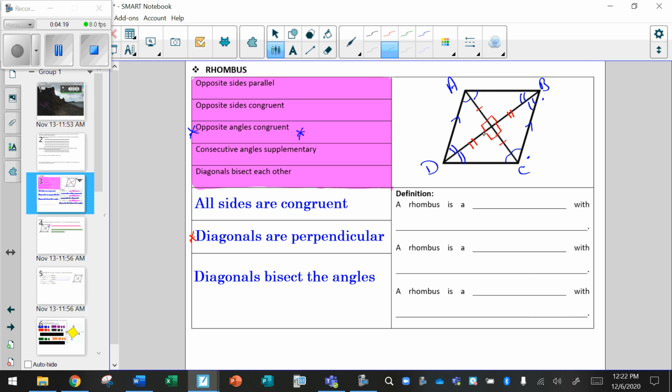And since it's a rhombus, we know all 4 sides are congruent. So what happens in a rhombus, the diagonals create 4 equal right angles inside the shape, within itself. Pretty neat. Now, when you're trying to prove a shape is a rhombus, we have to prove it's a parallelogram